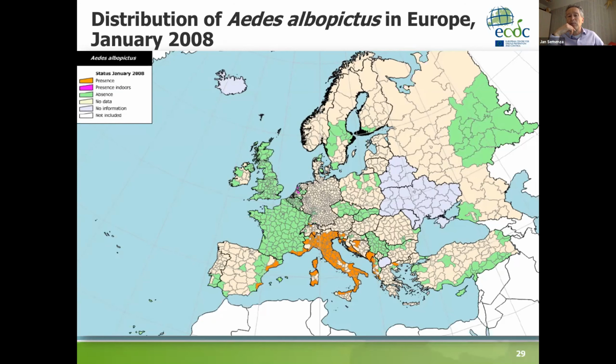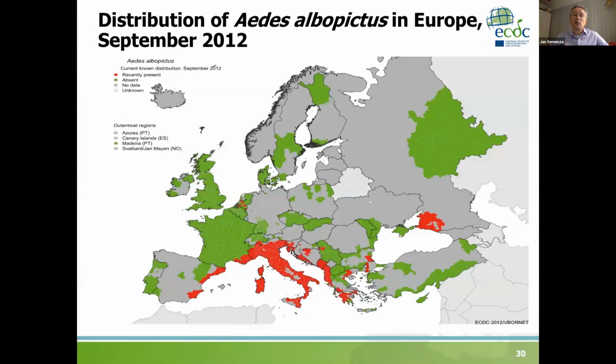Aedes albopictus in a number of NUTS 3 levels throughout the Mediterranean. But this one here is for 2008. If you look at 2012, we have seen an expansion of these areas throughout the Mediterranean. You can see it even present in Holland, where the mosquito is present in greenhouses, not outside, but in air conditioned or climate controlled